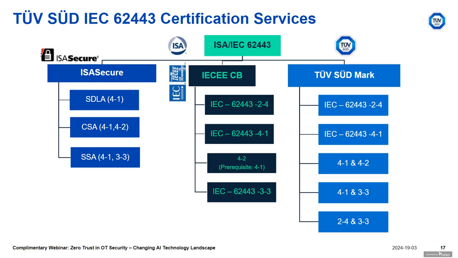So if we see another scheme which has the same standard, which is the IECEE CB scheme, it's an IEC conformity testing scheme for electronic equipment and components. This is an international scheme that facilitates market access for manufacturers of electrical and electronic equipment, including ICS components. So it's also been adopted by various manufacturers. These certifications are still based on IEC 62443. They follow a network of NCBs, national certification bodies, that conduct the assessment and issue the certificate, which is recognized internationally.